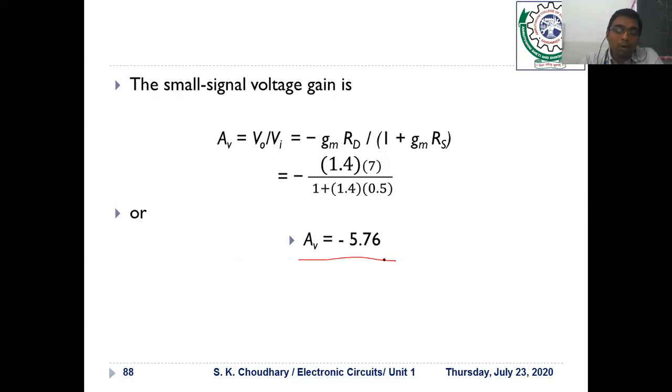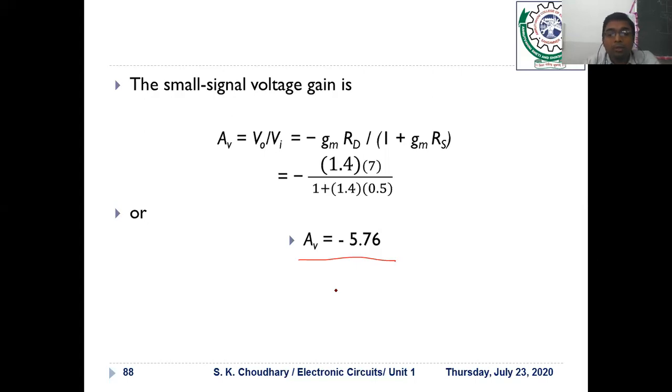So this kind of problem would be asked in the examination. This particular topic we have discussed, the analysis of the common source amplifier without source resistor and with source resistor, their numericals are generally asked. Their derivation would not be asked in the examination. Numericals based on that topic would be asked. So I have taken one example. Some of the numericals you have to solve on your own, or I will give you an assignment based on this topic.